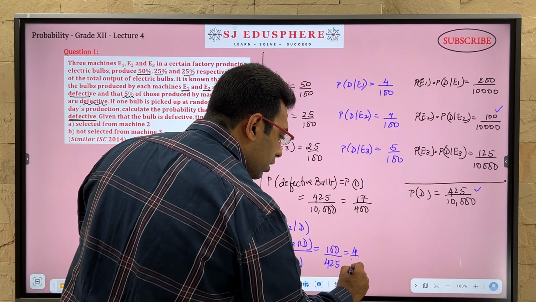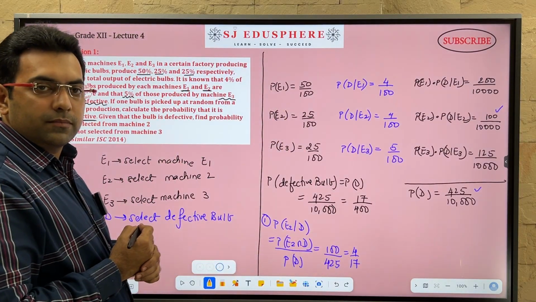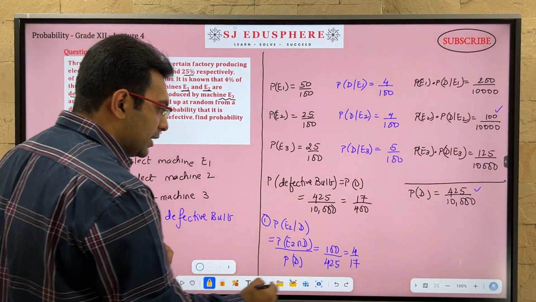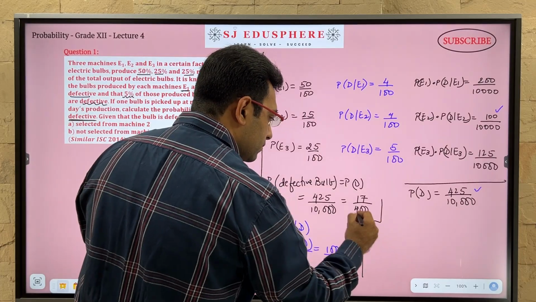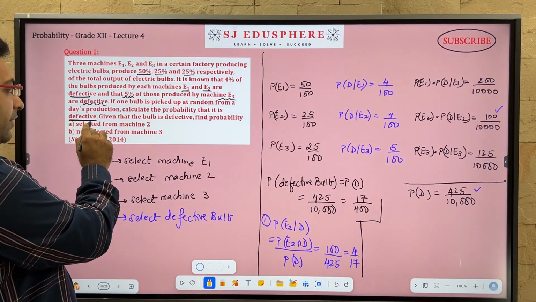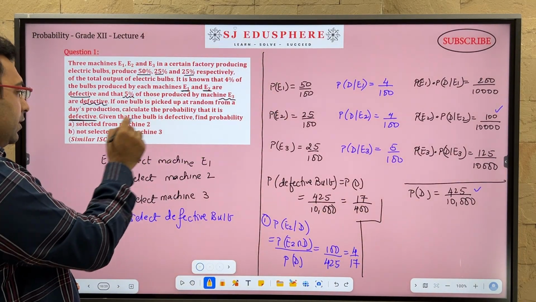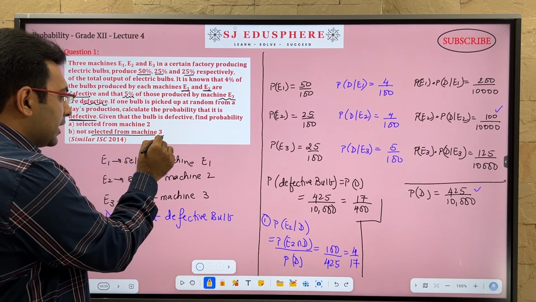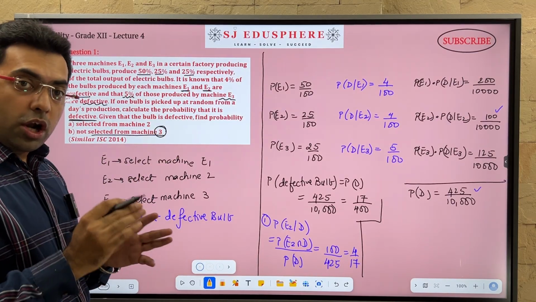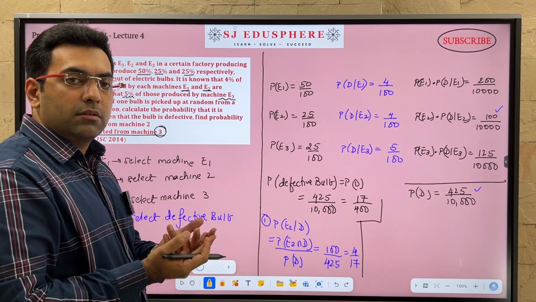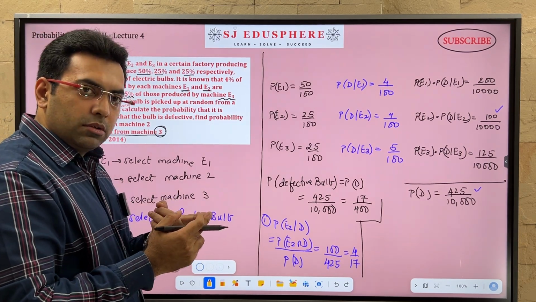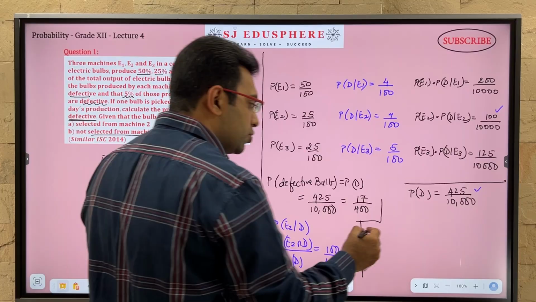That is 4 out of 17. Next question says, given that the bulb was defective, it was not selected from machine 3. Not from machine 3 means from where? From machine 1 or machine 2. So,